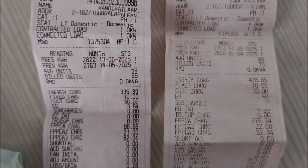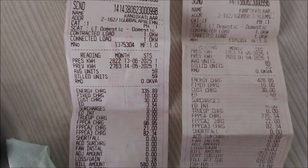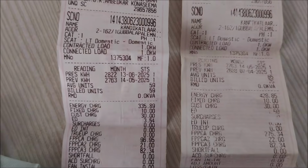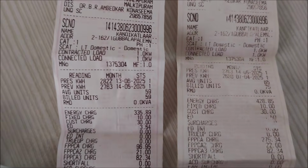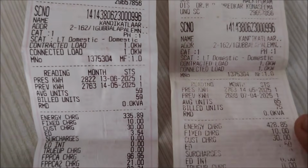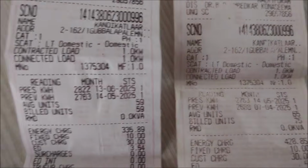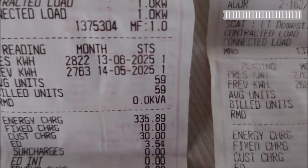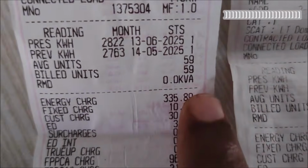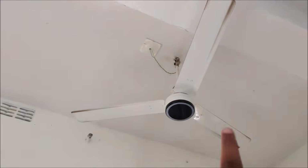And remember, this is the peak summer time, means the consumption of ceiling fans will be almost most of the hours, like almost 20 hours or so. With that also, as I replaced my old refrigerator, there was a drastic reduction in consumption of electricity. See here, 59 units. And one more reason for this is I replaced my old ceiling fans with this BLDC